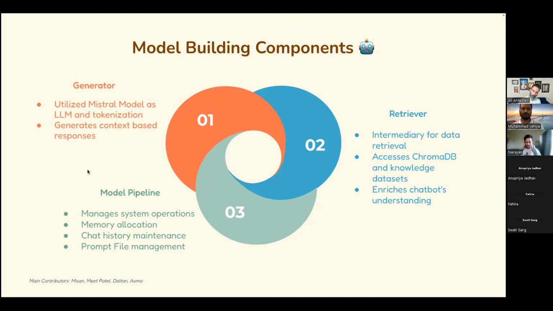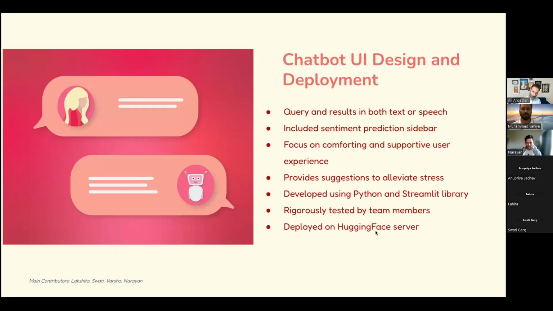The model pipeline is the one which combines everything together, utilizing both the generator and retriever inside it. And then the chatbot UI. I will cover this while I'm giving the demo.